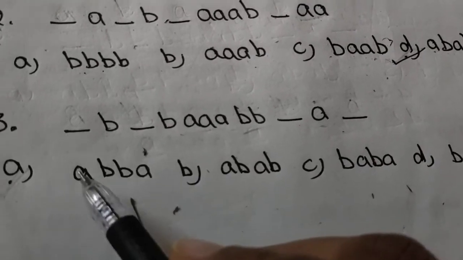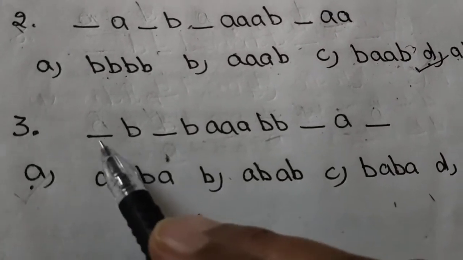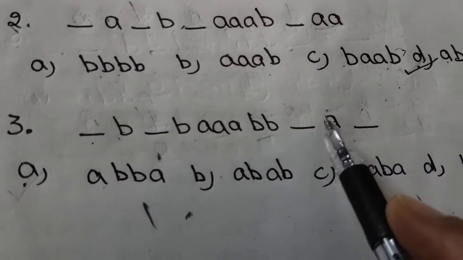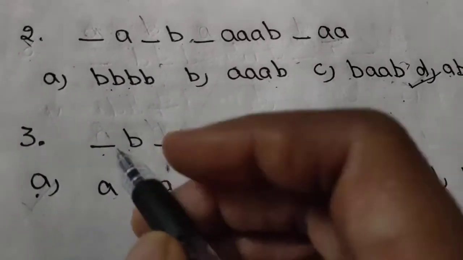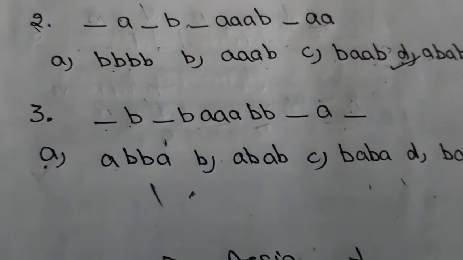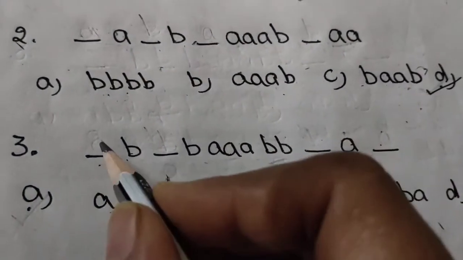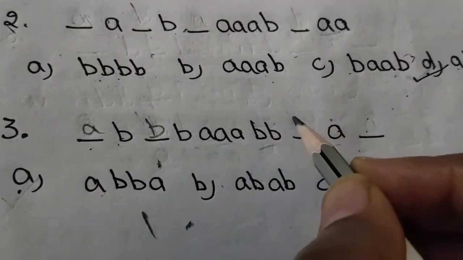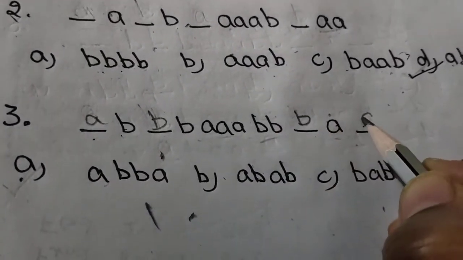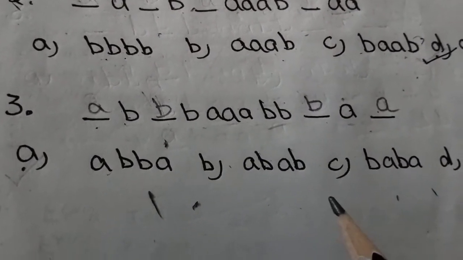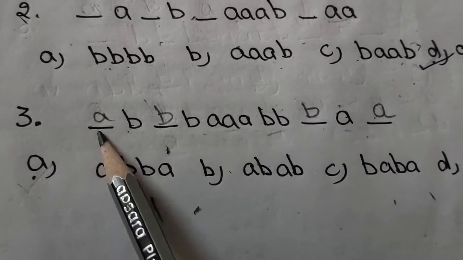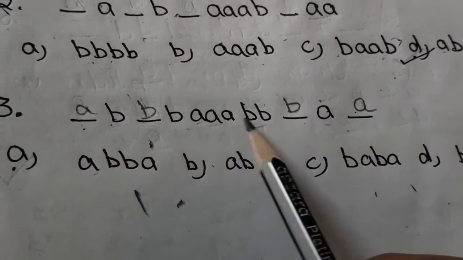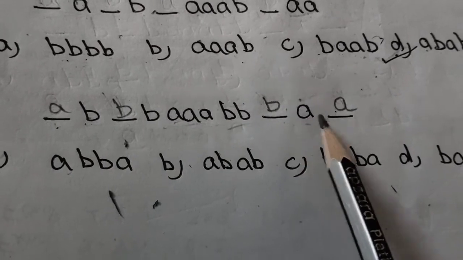In the same way, now you will fill the third. Dash B, A, B, dash A, dash. Okay, I am going to fill it here only. First is A, B, A. See, has any pattern been made here? 1 time A, 3 times B, then 3 times A, then 3 times B, then 2 times A.